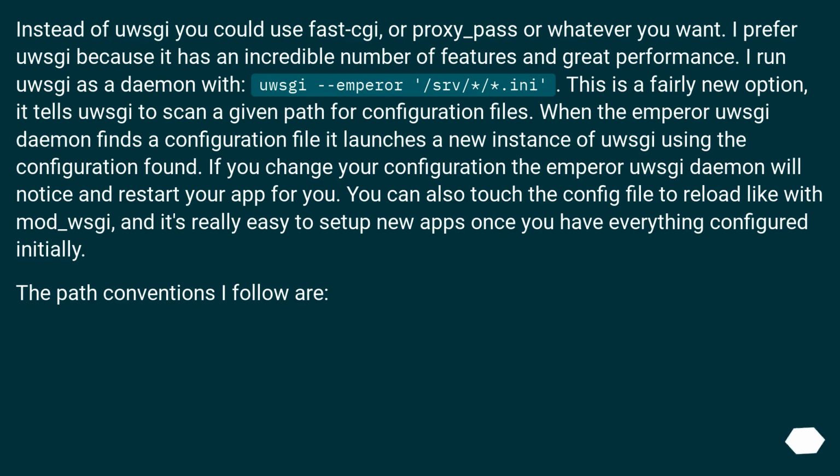It tells uwsgi to scan a given path for configuration files. When the emperor uwsgi daemon finds a configuration file, it launches a new instance of uwsgi using the configuration found. If you change your configuration, the Emperor daemon will notice and restart your app for you. You can also touch the config file to reload like with mod_uwsgi, and it's really easy to set up new apps once you have everything configured initially. The path conventions I follow are: